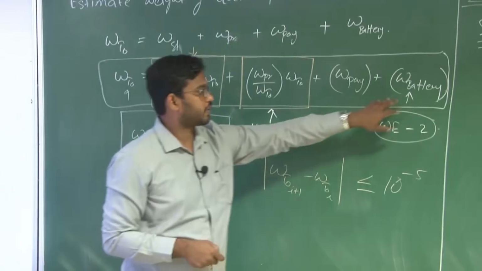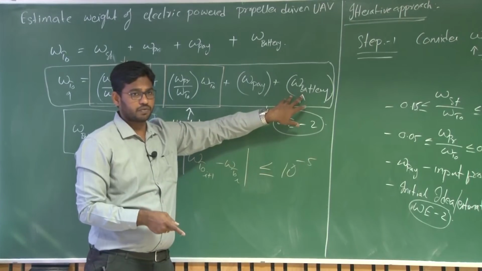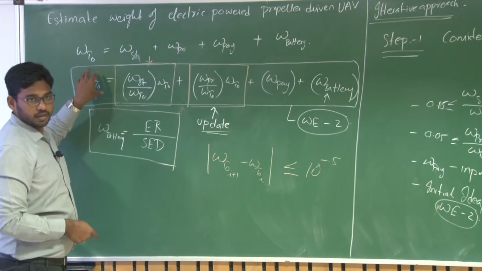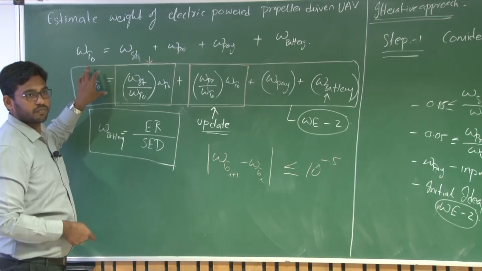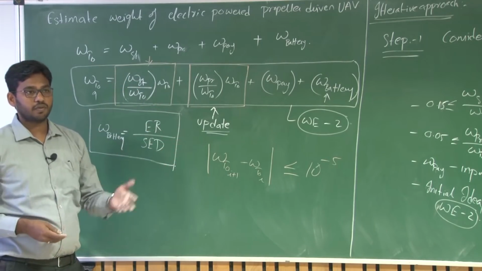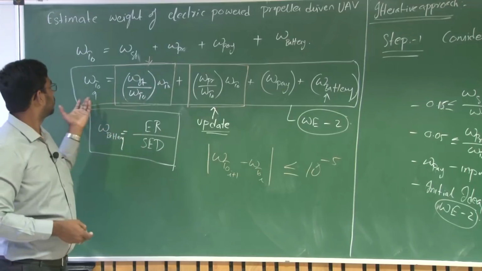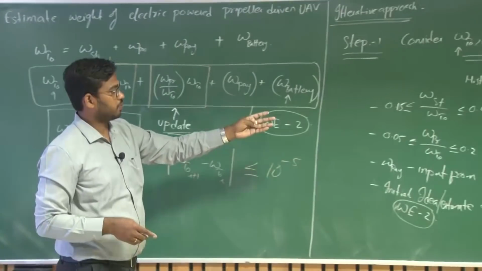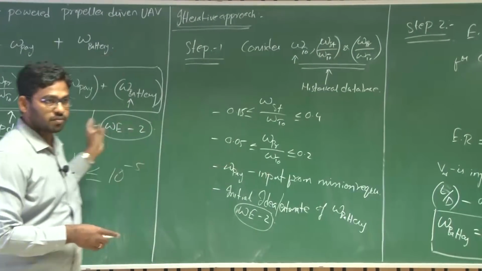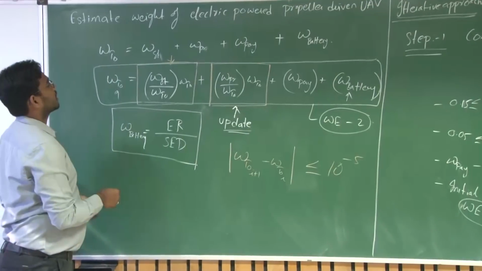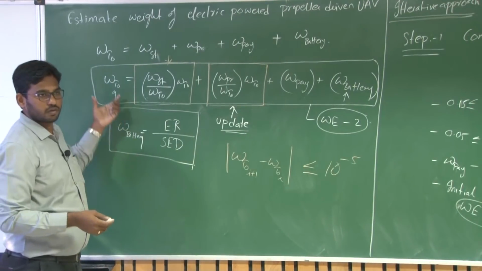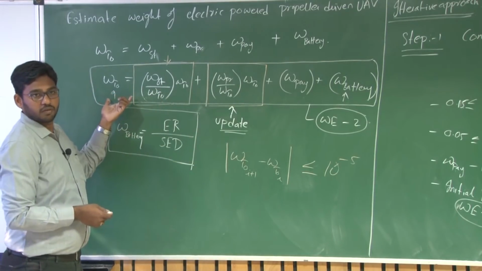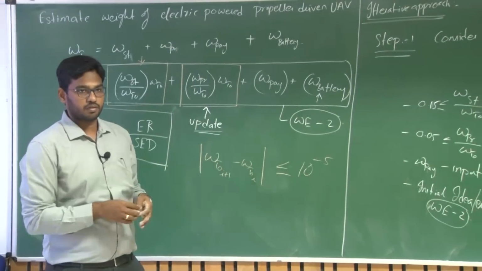Now once you have this battery weight as an output of the second round of iteration, right, so this particular takeoff weight, whatever you are going to get, is an estimate for the UAV that you are going to design for the new mission requirements, right? So as we mentioned, it's an estimate, right, because most of the parameters, or some of those parameters, are assumed. So it's an estimate where you can assume a 20% error using this procedure. Whatever weight you arrive at will be 20% off from the actual value, right?